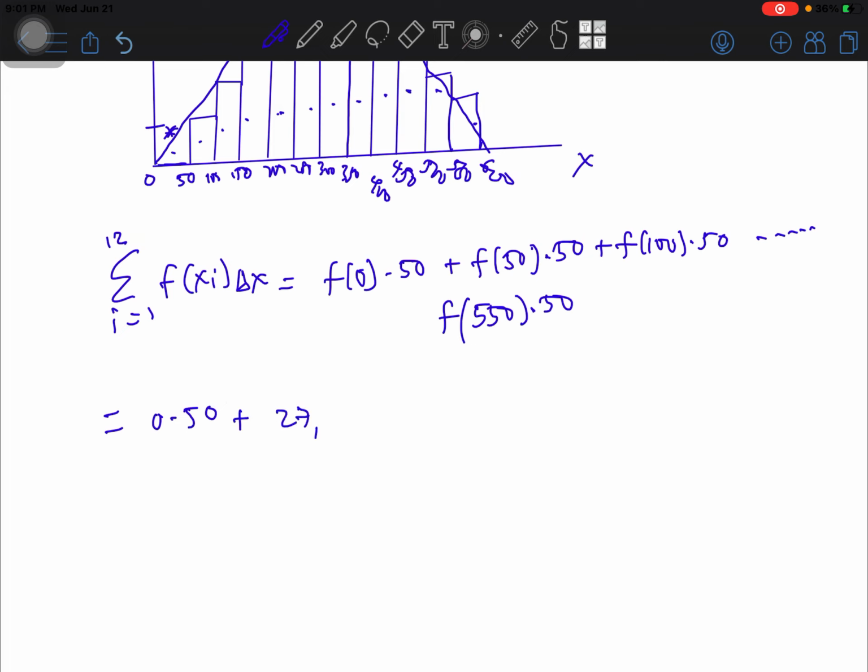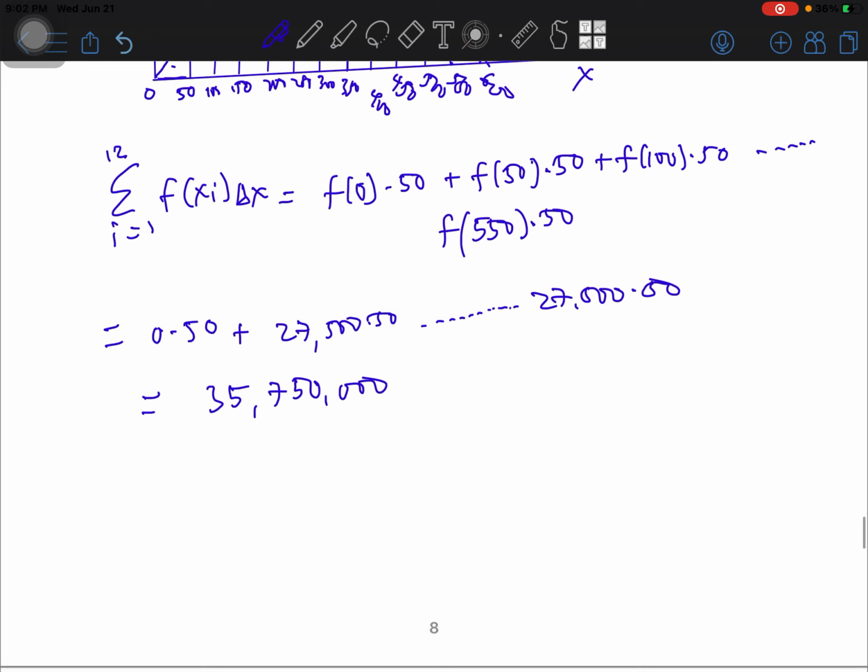plus up to 27,500 times 50. So when you get this, the final answer that you are going to get is 35,750,000. So you can see that the difference between the first one with the 6 rectangle approximation and the second one with the 12 rectangle approximation has some difference,